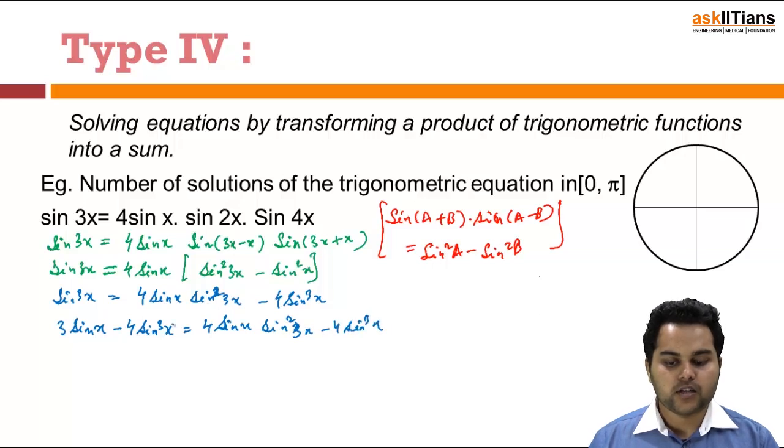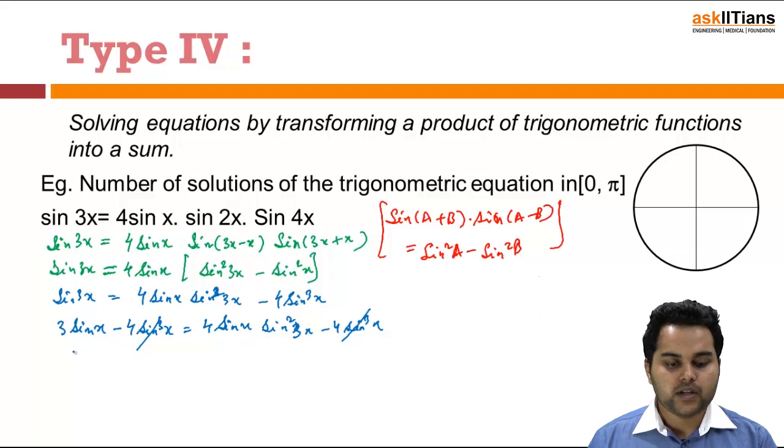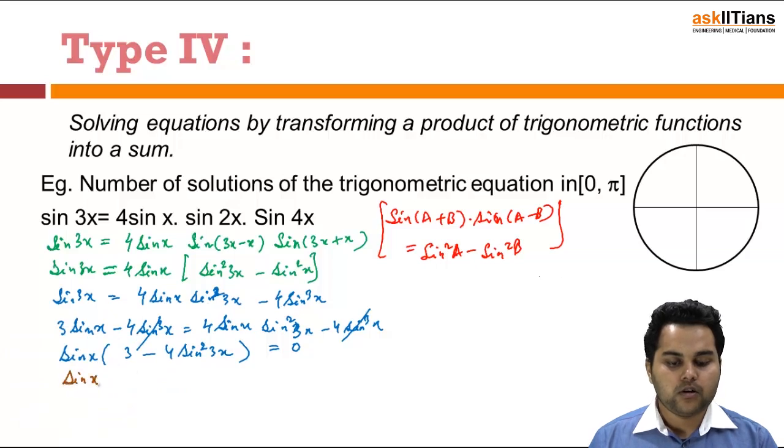So 4 sine cube x would cancel out on both sides as it is an addition, and I'd be left with 3 sine x minus, if I transpose the right hand side, the residual term, that is 4 sine x sine square 3x on the left hand side. So the equation would then become 3 sine x minus 4 sine x sine square 3x, of which sine x would be taken common then, and I'd be left with 3 minus 4 sine square 3x is equal to 0. So the next thing I'll get is either sine of x is equal to 0 or sine square 3x is equal to